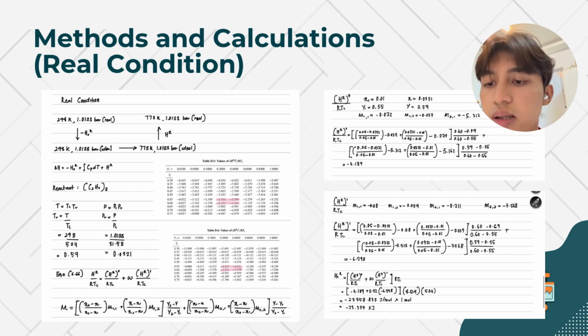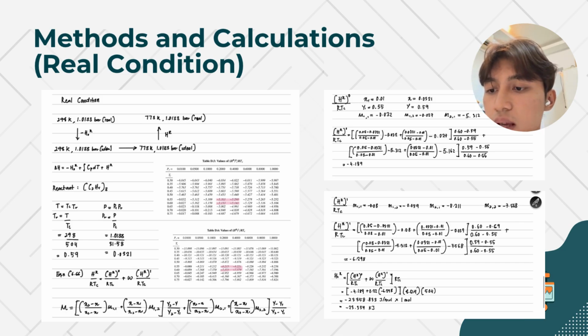This value allows us to calculate the residual enthalpy correction factors. We use equation 6.66 to find the values for HR. First, we need to find the values for HR0 and also HR1. The values for X and also Y can be obtained from table B to find the values for HR0 and